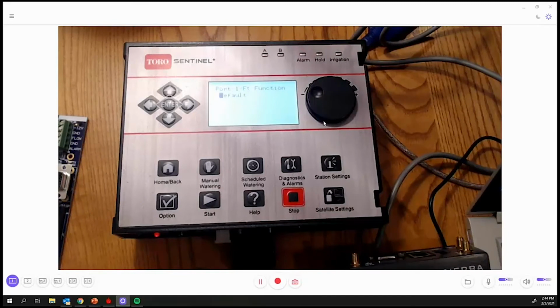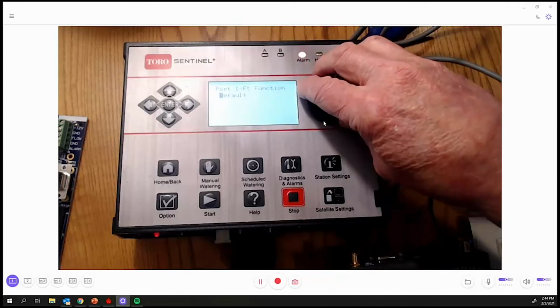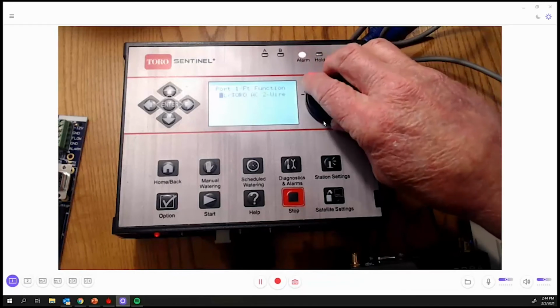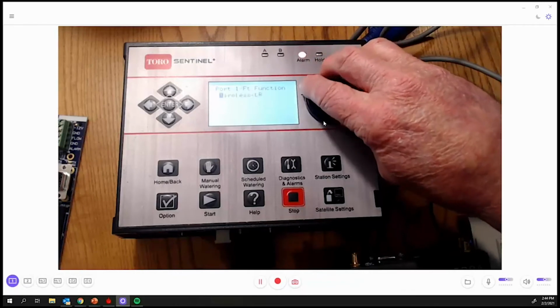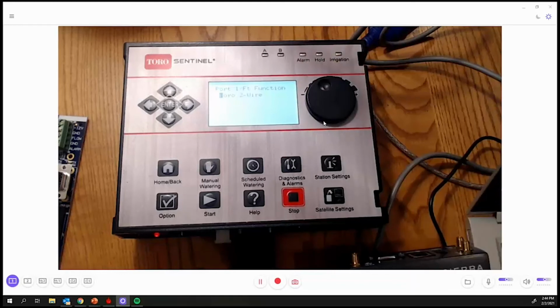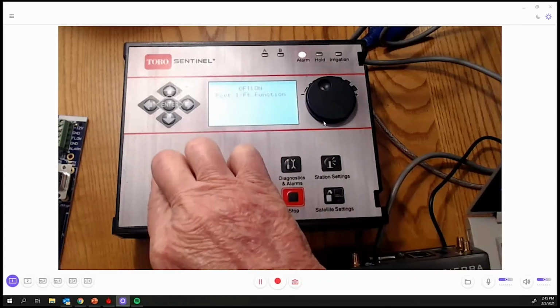Now, let's say you had a 2-wire controller. I don't want to get off topic, but if you had a 2-wire controller and it's not set to the 2-wire function here, whatever type it is, that's for the AC 2-wire, this is for the DC 2-wire, then your signal is not going to transmit out of that serial port to the 2-wire port. Just FYI on that. But I'm set at default, so I'm just going to hit the back button,